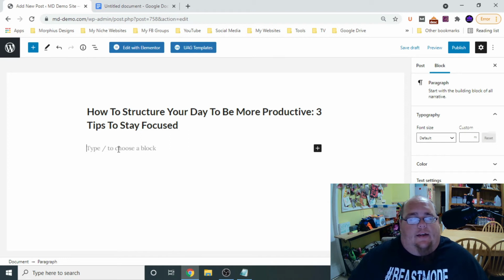Now, with that being said, I just clicked here, and the default block is going to be a paragraph. So basically just some text. You can go right into typing out your blog post or putting in some content here, however you want to do it. To change this block, you're going to simply go to either the blue plus sign here or this